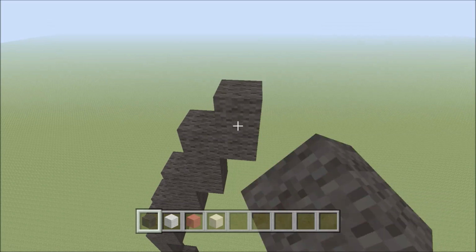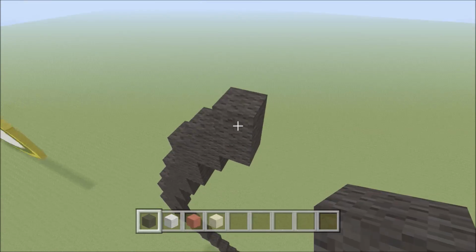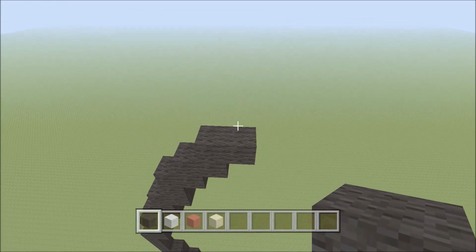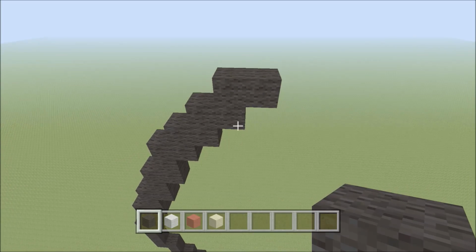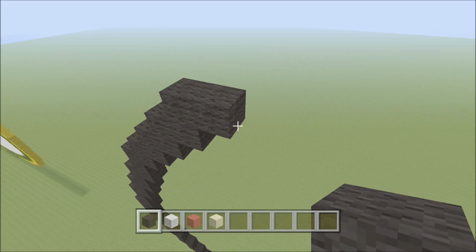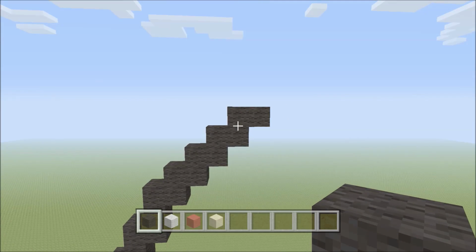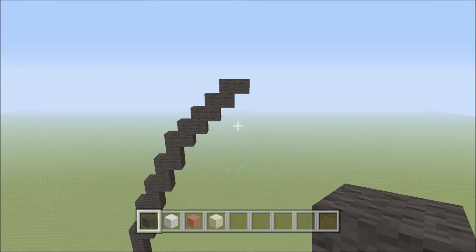Go ahead and build up on the right block, build one to the right, so there's 2. Build up, build right, there's 3. Build up, build right, there's 4. And now for our final one, build up and build right, there's 5. As you see, 1, 2, 3, 4, and 5. Now we need to repeat our